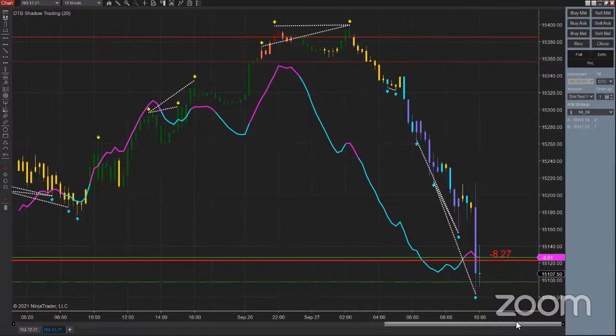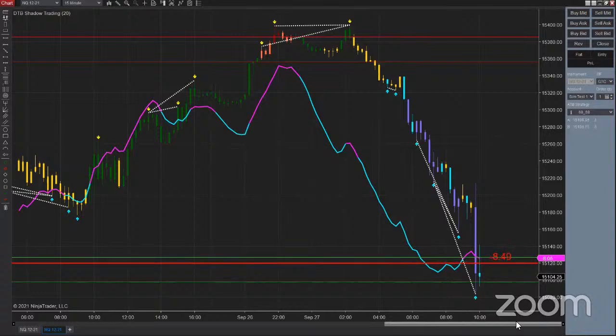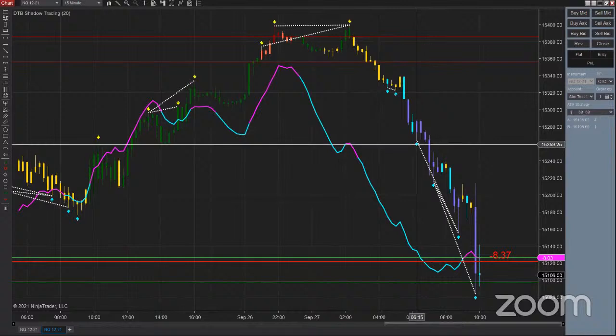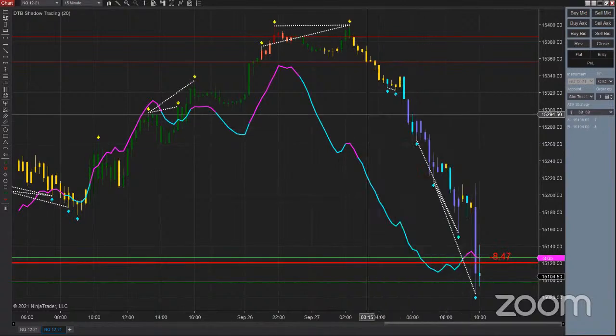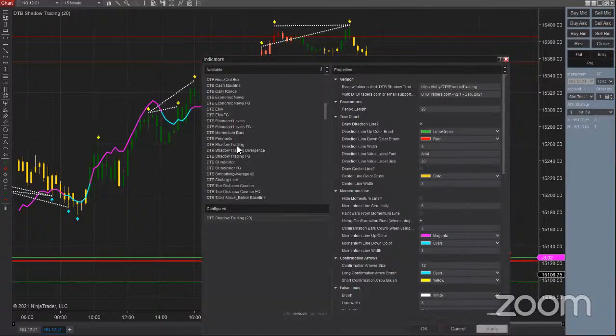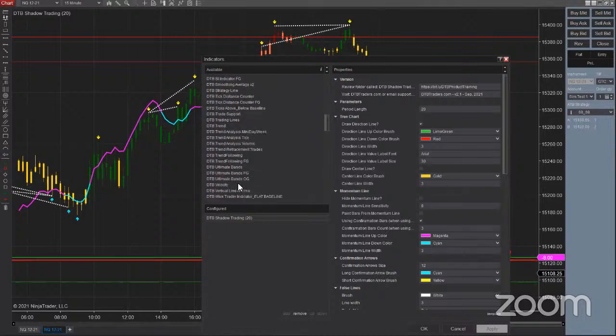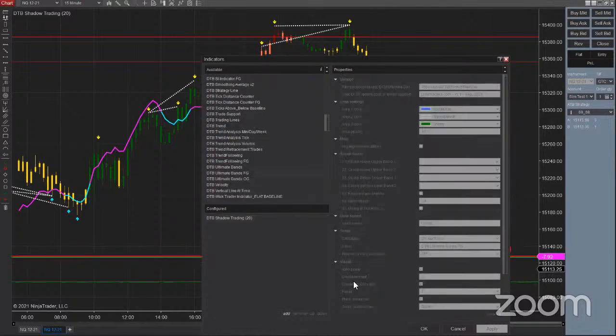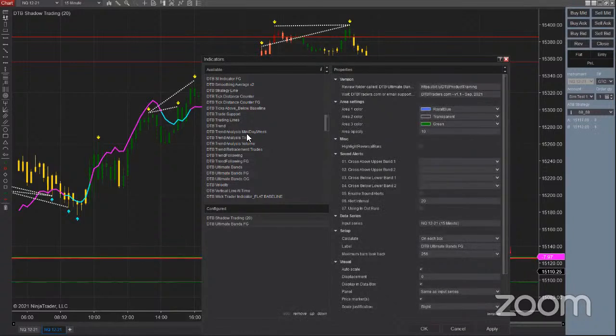Yes, so you've got the shadow trading and the ultimate bands are all part of this assembly. So if you look in your OneDrive folder, you're not able to download the standard DTB package yet, because I haven't set that up for you. But the focus group assembly still has this indicator exactly like you're seeing it now. So it's got that in it, and it's also got the ultimate bands. Let me just bring it up. Ultimate bands focus group. Yeah, so you're going to have the shadow trading indicator